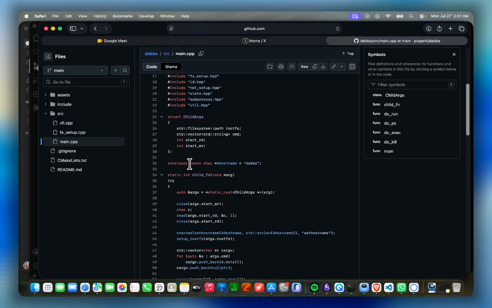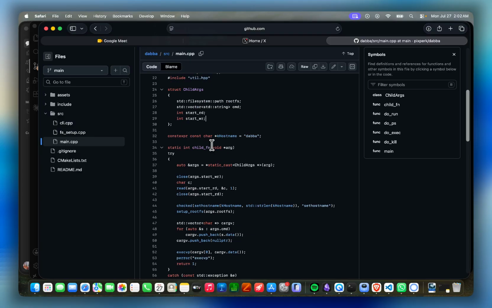It is discussed in very much detail in the blog, and it has the command which the container is supposed to run, and start read and start write are just the read end and the write end of the pipe. There's a single pipe. The child doesn't need to actually write anything, but it still gets the write end because it needs to close this end of the pipe for itself,